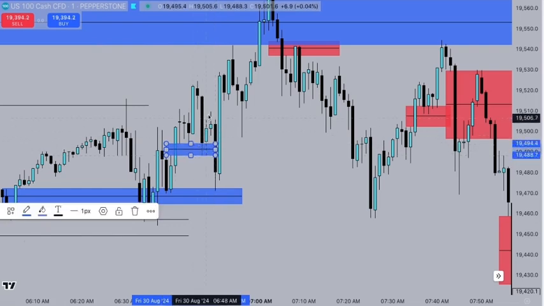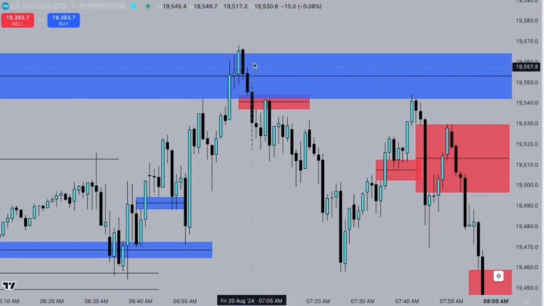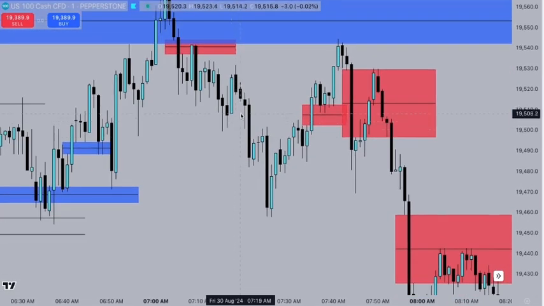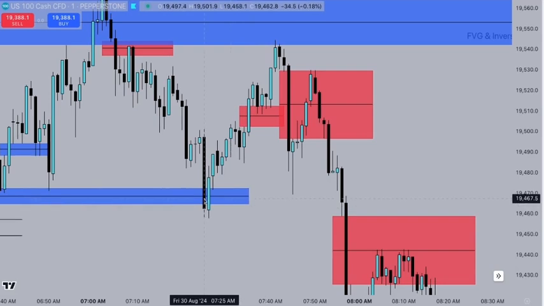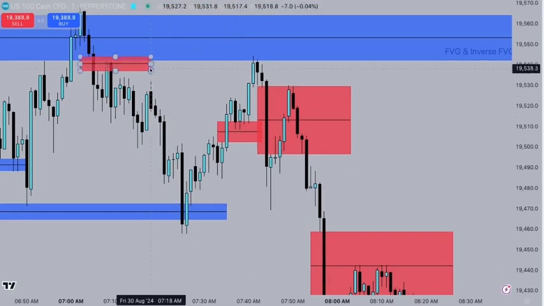Price came into it, came back up, respected that, came back down, respected that, went back up into this big fair value gap right here, came back down, came up, respected that, came down, came up, came down, came up, respected that, came down into this, and it disrespected that. So as soon as I saw that, I was waiting for